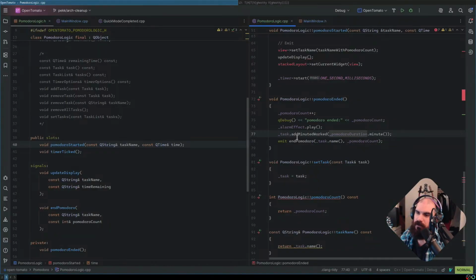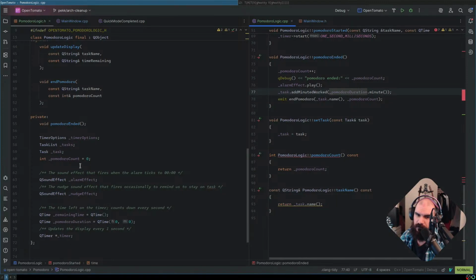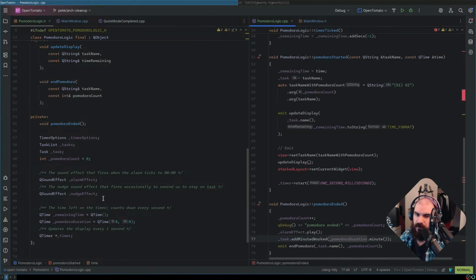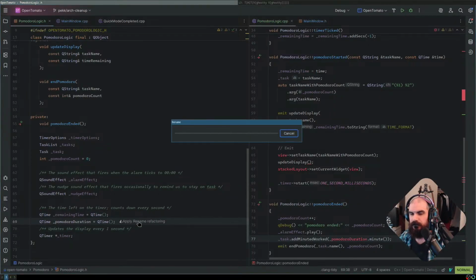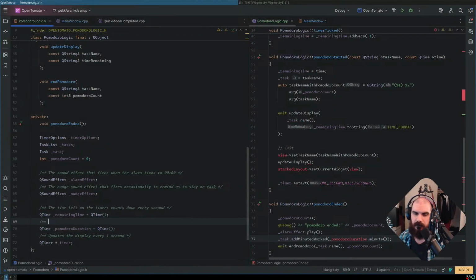So really what we're saying here is not duration. This is not duration. I've got it. This is going to be start time, the clock time when the task was started.